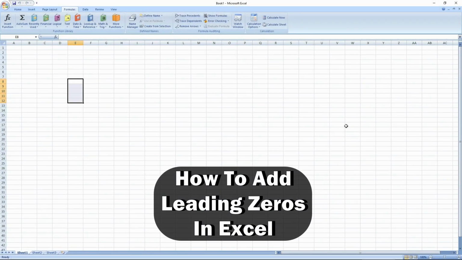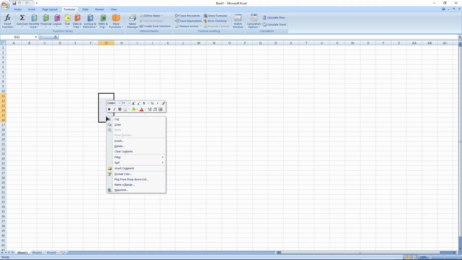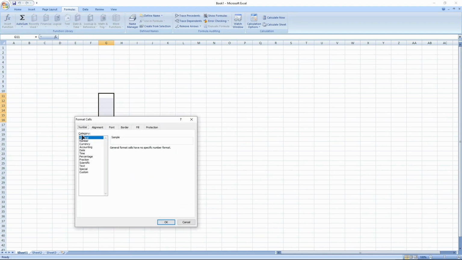In this video I'll show you how to add leading zeros in Excel. So first of all, what you want to do is open up your document, either blank or the one you're editing, and choose a particular cell or a number of cells that you want to insert leading zeros into, and then you just right click, then go to Format Cells, and now simply in the category just select text and